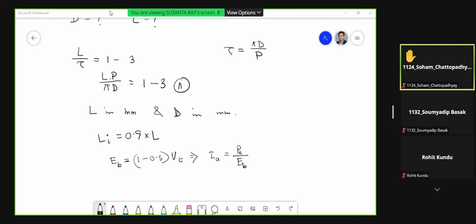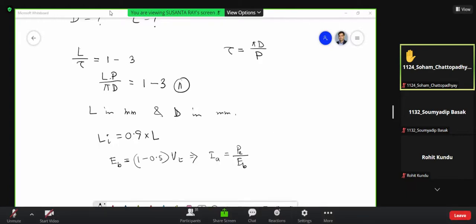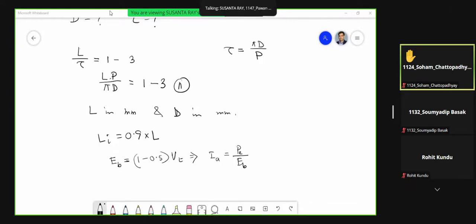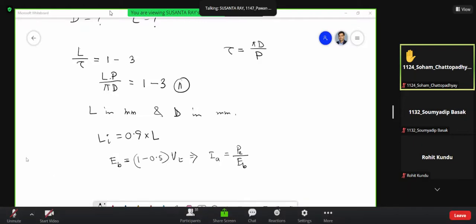Excuse me, sir. Sir, I have got D as 313.93 and length is coming as 328.75 mm. What is the kilowatt? Sir, 110 kilowatt. And D square L is coming at 0.0324. And what is the RPM? Sir, speed is 1000 RPM.